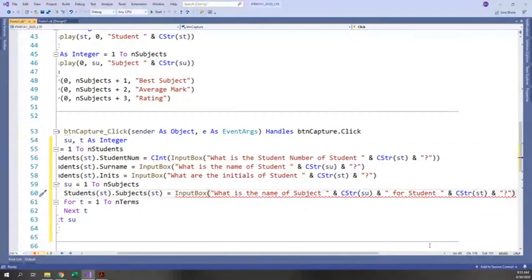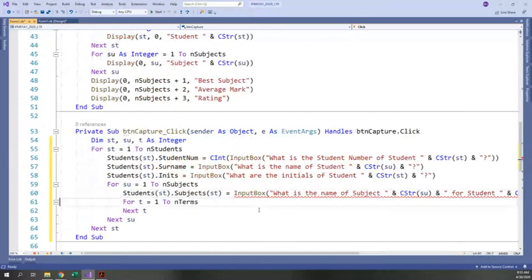Let's see, what am I missing here? Okay, you can see that I'm missing. Oh, right. Okay, so I left it here, and